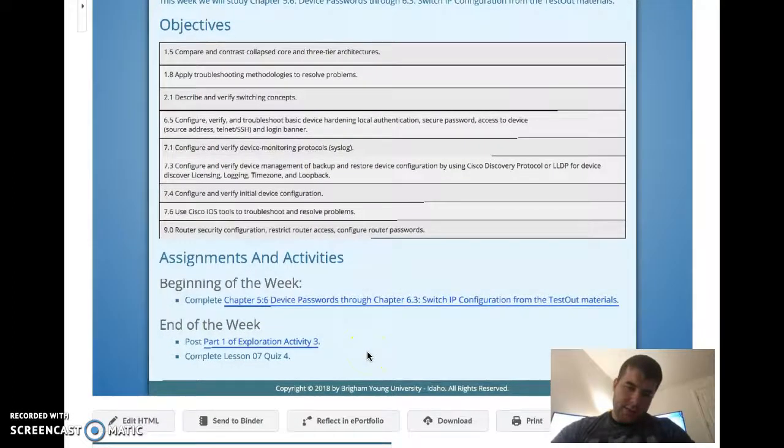Let's see. Also, in addition to the readings, we're starting our third exploration activity. I believe this is the last one for the semester. And so part 2 will be next week. And then you have quiz number 4. So the best prep for the quiz, again, is those practice quizzes and test out. Your readings this week, take advantage of and use all the practice quizzes that come up. And once you get those down, the quizzes should be pretty easy.